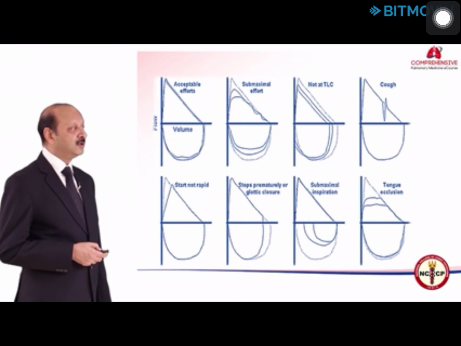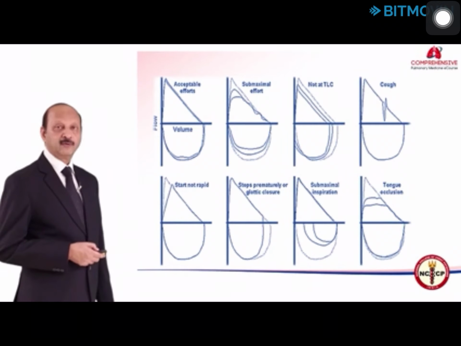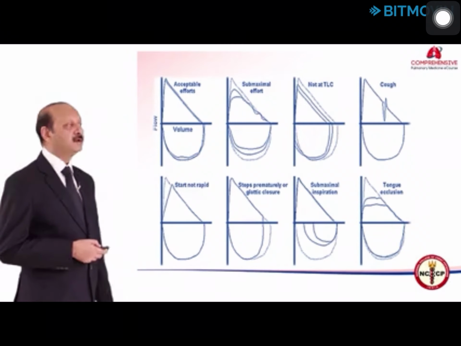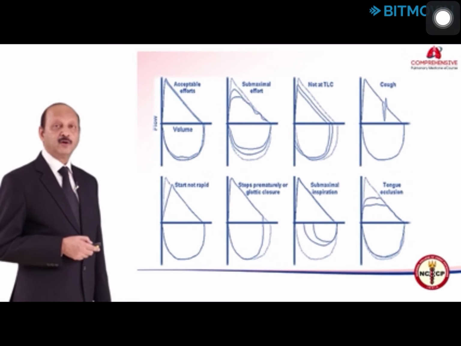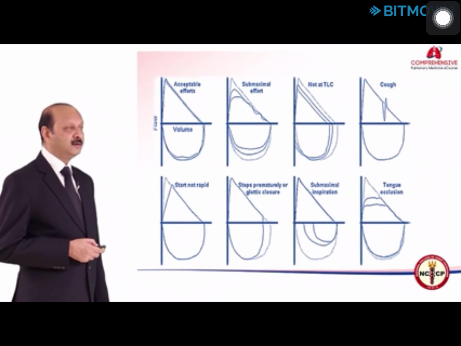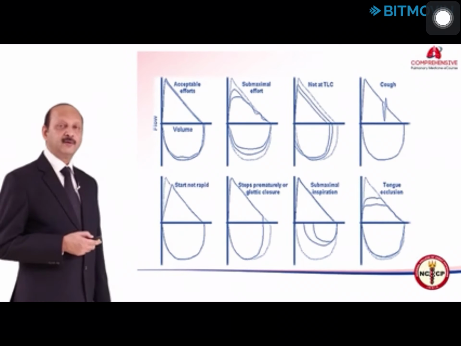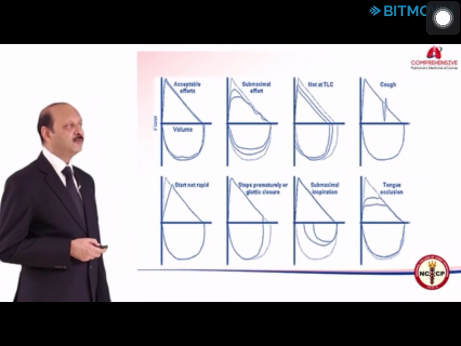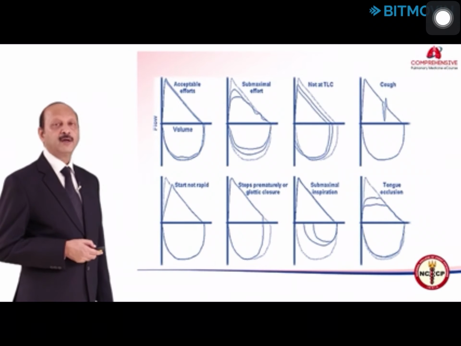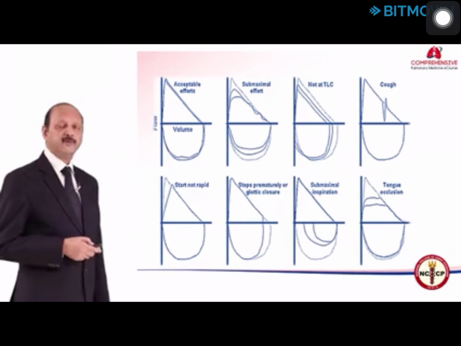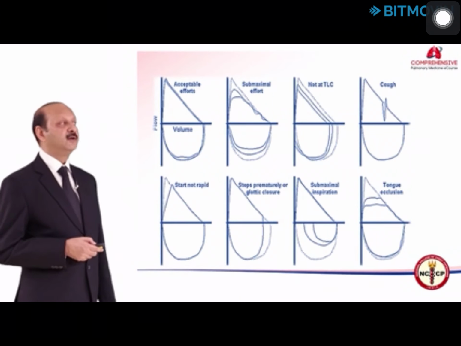In the lower row, the first one from the left, the start was not rapid, so the FEV1 will be low and the peak expiratory flow rate will be low. In the second, on the lower row, the patient has stopped prematurely. This is very common in children, leading to falsely low FVC. In the third, the inspiration is not done correctly, so of course the exhaled volume will be low. Then in the fourth one, we find the tongue has occluded. So again, this is not an effort based test. So in all these 7 which I have discussed, we will say no, the test is not acceptable, we need to repeat it.